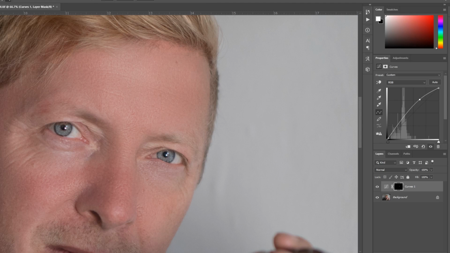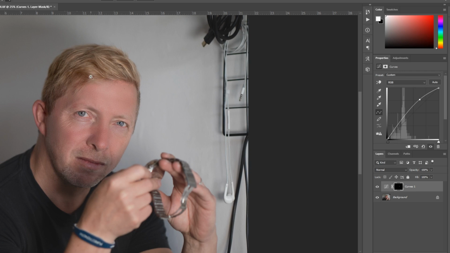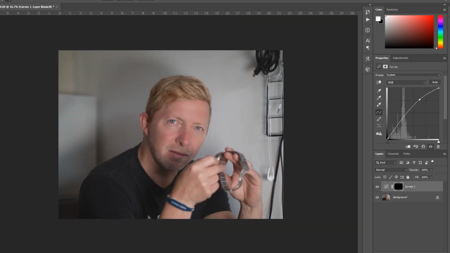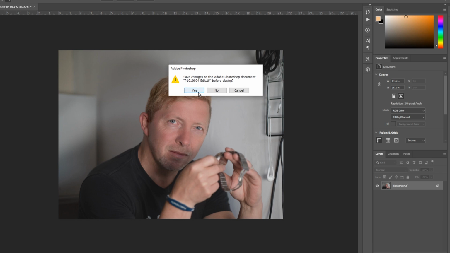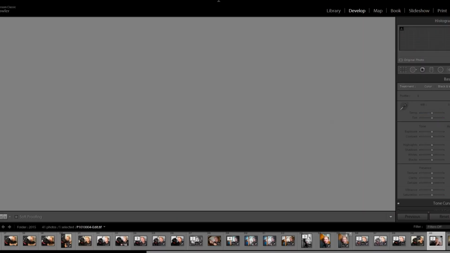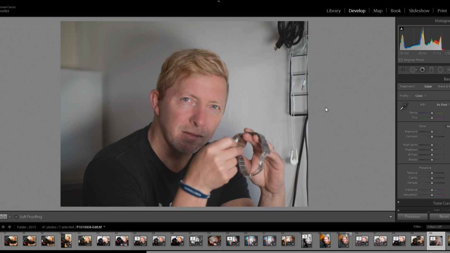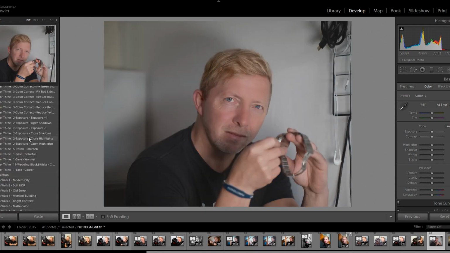Zoom back out and have a look at the spectacle. Okay, so a bit too bright. Let's leave it at that. So what we're going to do is we're going to save it, and then it should be open in Lightroom in a second, and there we go. So all I'm going to do now is add